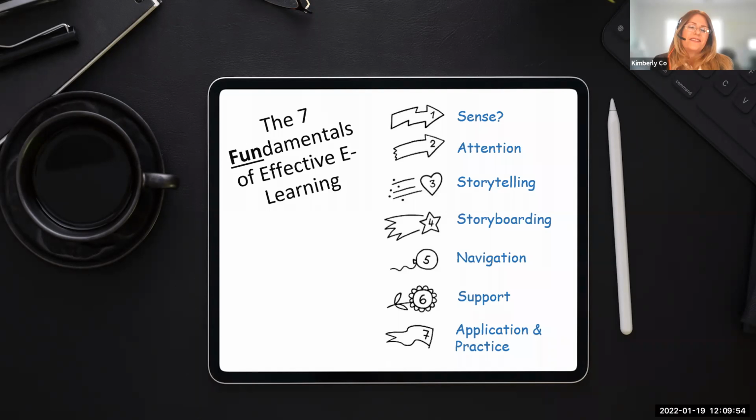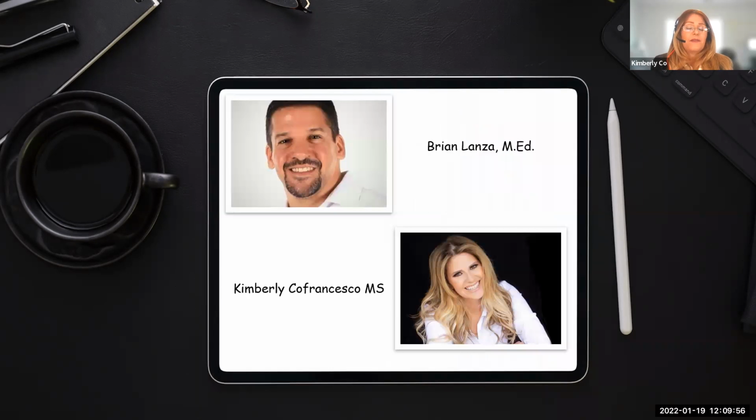So the basis of our presentation today, as we mentioned, is the 7 fundamentals of effective e-learning. It's based on a course that Brian and I developed, the course that Rosa had mentioned. We won a best business process solution at eLearning Guild's DevLearn conference. It's been a few years now, but to give you a little background, I started working with Brian at a new company, and on day one, we were tasked with, or my day one, Brian, you hadn't been there that long either, I think at that point, right? Yeah, maybe a couple of months.